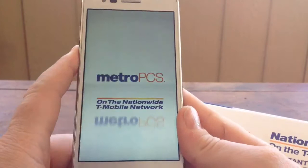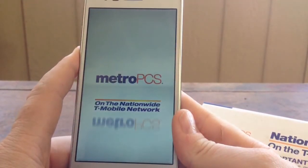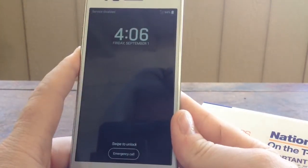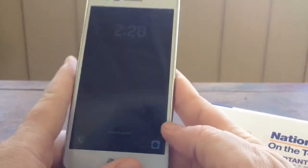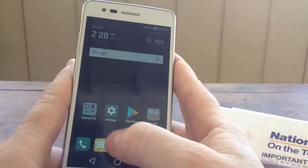Okay, and it works great for almost everything, except I noticed there were some problems with the front-facing camera, and I will show you what I'm talking about. If you wait for it to get done initializing the network, okay, it's done now, so I can go ahead and swipe it up. If I go to the front-facing camera here,